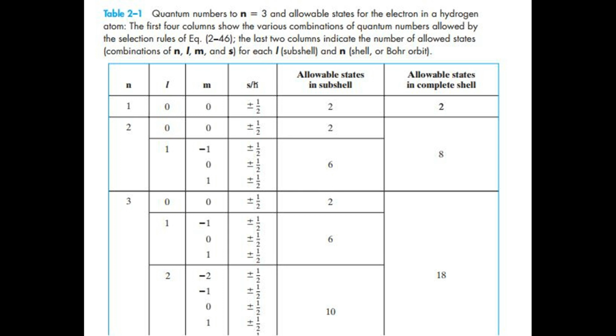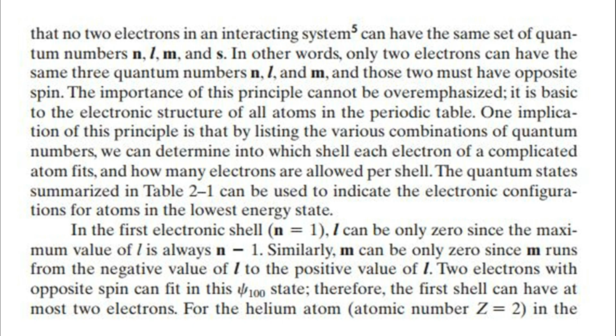In other words, only two electrons can have the same three quantum numbers n, l, and m, and those two must have opposite spin. The importance of this principle cannot be overemphasized. It is basic to the electronic structure of all atoms in the periodic table. One implication of this principle is that by listing the various combinations of quantum numbers, we can determine into which shell each electron of a complicated atom fits, and how many electrons are allowed per shell. The quantum states summarized in Table 2.1 can be used to indicate the electronic configurations for atoms in the lowest